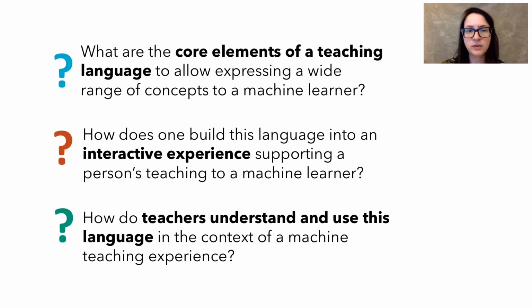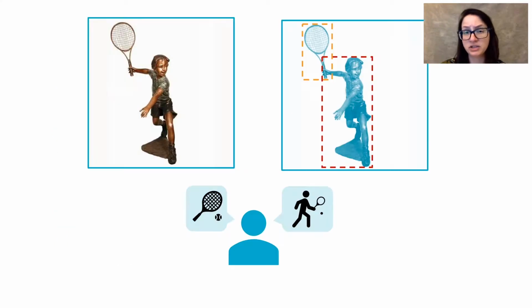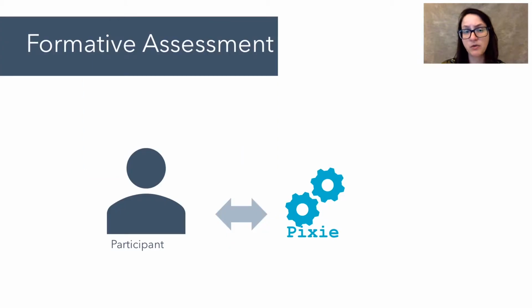We set out to answer those questions via two exploratory studies in which we emulated the experience of teaching a learning system. Among the many machine learning tasks we could have chosen, we picked object detection, which is a richer, more generalizable problem than classification. So for our first study, we recruited 12 participants to play the role of teachers to a hypothetical learning system